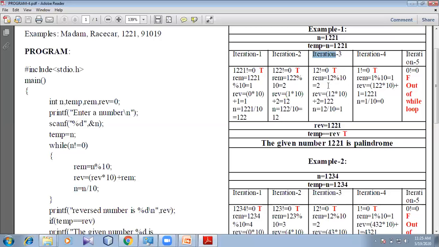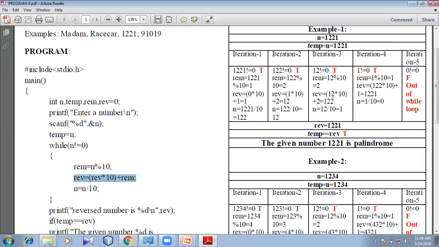Now in iteration 3, once again we are checking the new value of n, that is 12. 12 is not equal to 0, which is true. True means once again we are going to execute the while loop. Now we calculate the remainder again. That is 12 mod 10, and we get the remainder as 2. The reverse value is calculated by the formula reverse into 10 plus remainder.